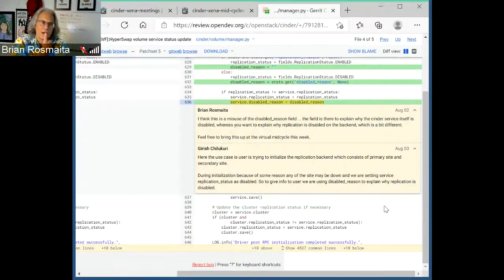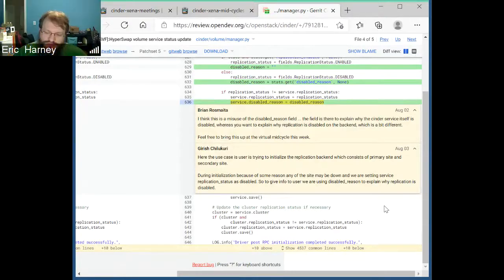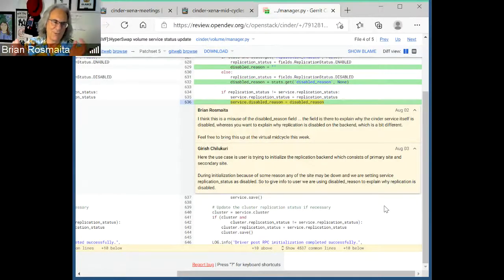So would we want to just change the service object to allow a new field on it? I'm not sure if that's even the right object to put it in. Possible, but I'm not sure if that's the right place or not. Okay. So, to give Garish feedback right now, we don't want to do that in this patch, but we are open to surfacing the information if you can think of a different way to do it.